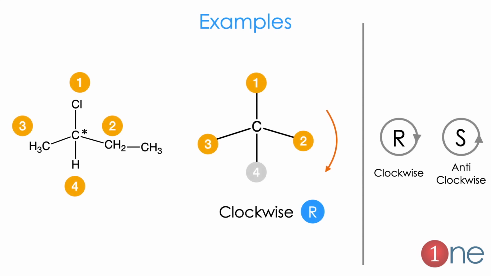Then we go to a little bit more complicated example. Here carbon is connected with one chlorine, one hydrogen, one methyl and one ethyl. Here everybody knows chlorine gets first because of its higher atomic number. Then for carbon we have a tie situation, both are attached with carbon. But the ethyl group is attached with one more carbon, so it gets the second priority here. So let us write it separately. 1, 2, 3. If you arrange it properly, it again comes in clockwise direction. So 1, 2, 3, 4 we will avoid it. It will avoid the confusion as well as poor understanding. So we will always avoid 4. So 1, 2, 3 in clockwise direction, which is R configuration.